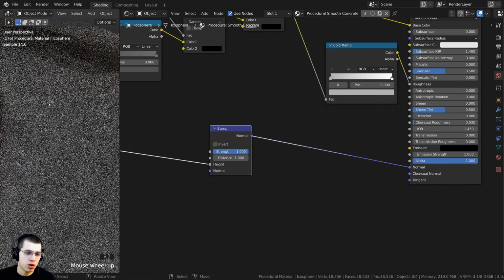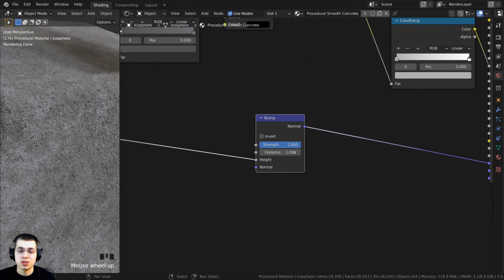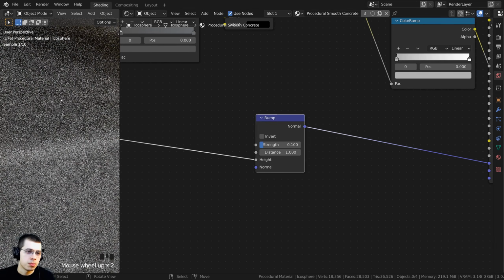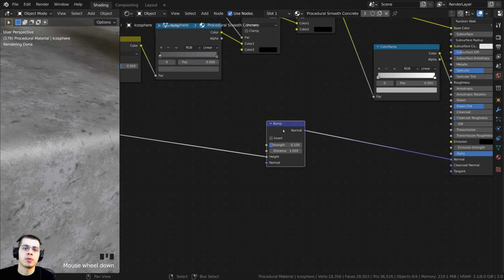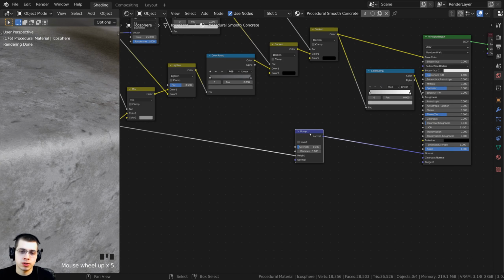So you can now see we have all this detail in there. Now that is way too strong, so on the strength here, I'm just going to change this to like a 0.1 so it's less strong, but if you zoom in there, you can still see there's a lot of bump there. So I now want to add in 3 more layers of bump, so I'm going to click on this